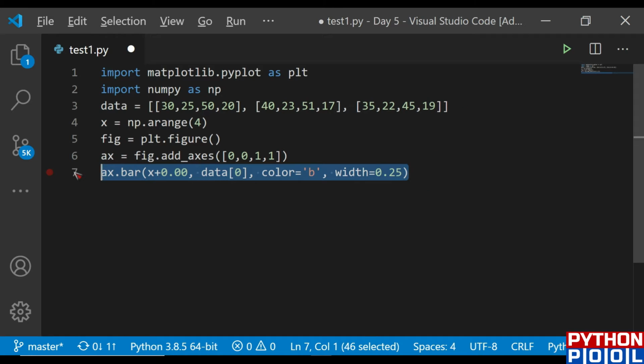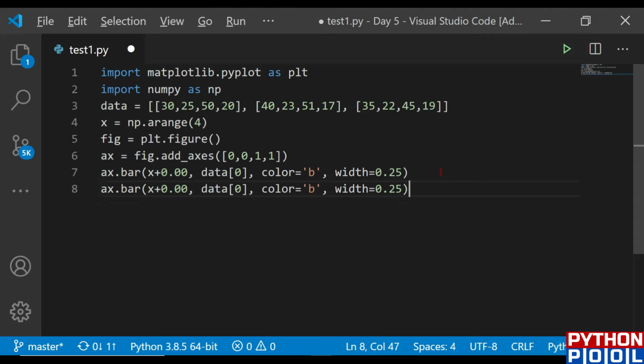Like this I have 3 data sets, so let me copy and paste for 3. Another one is at the position 0.25, and it is 0.50, a gap of 0.25. It is data set 1, and it is data set 2, and let me give the color as green, and it should be red.